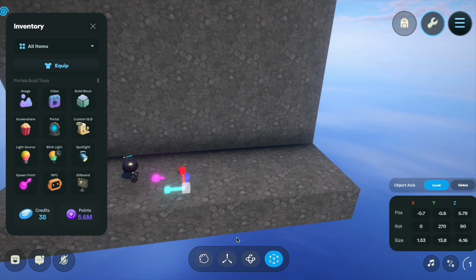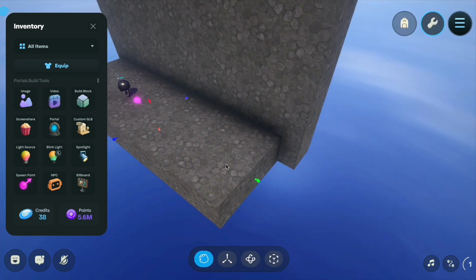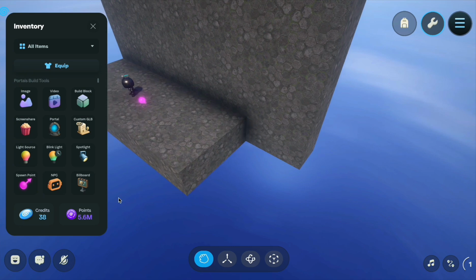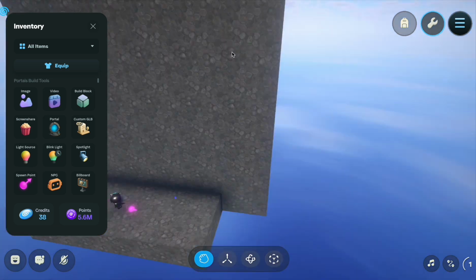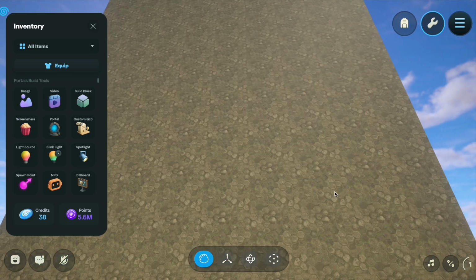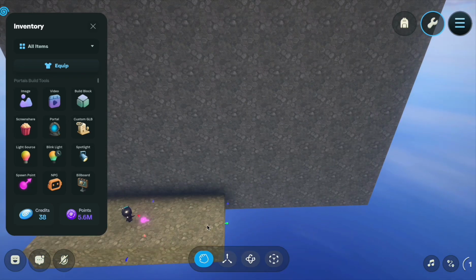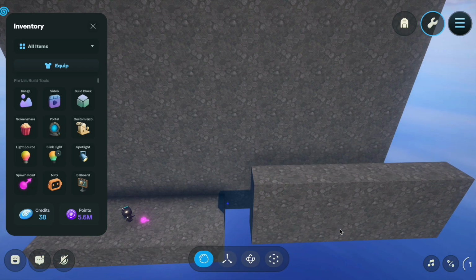But we're going to use these tools throughout to make them grow. So if we go back on the grab mode, we can just highlight the blocks, and the little arrows that appear, we can also use them to make the items grow like I showed you at the start. So we're going to make it grow a little bit, and now we're going to duplicate a block again